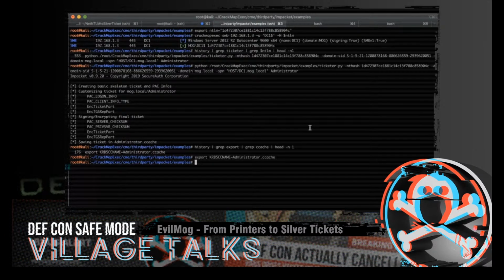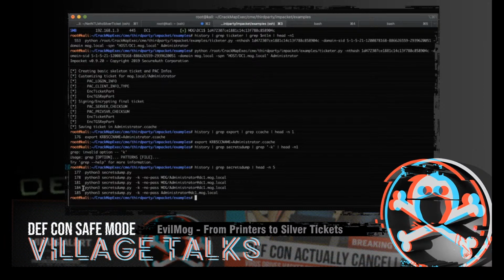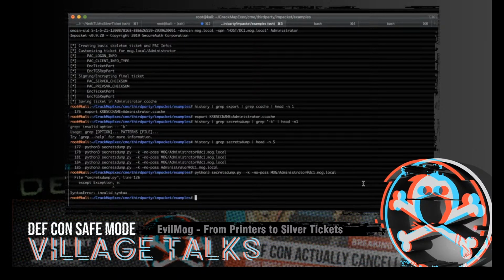So we've specified here's where our ccache file is. Now we're going to proceed to secretsdump the domain controller. Grep secretsdump, grep -k, head -n1. There we go. So we're going to run secretsdump. The syntax for this one is going to be, our python3 secretsdump. -k means use Kerberos. -no-pass means don't ask for a password. We're going to specify the domain mog administrator at dc1.mog.local, and we're going to DC sync the